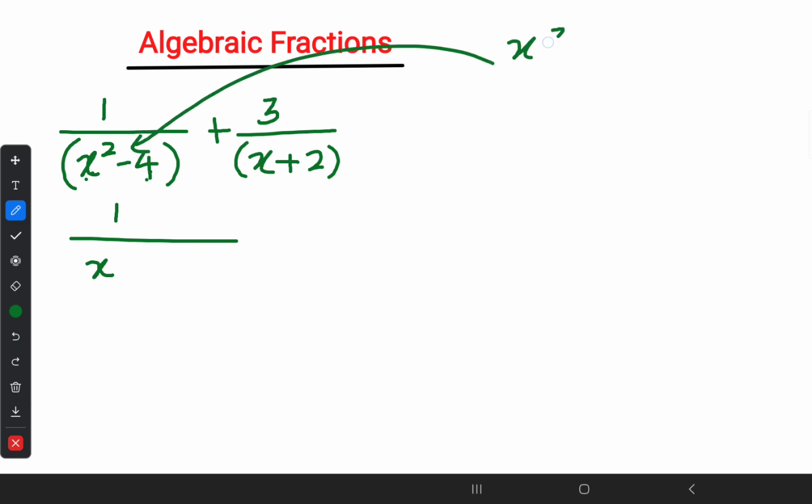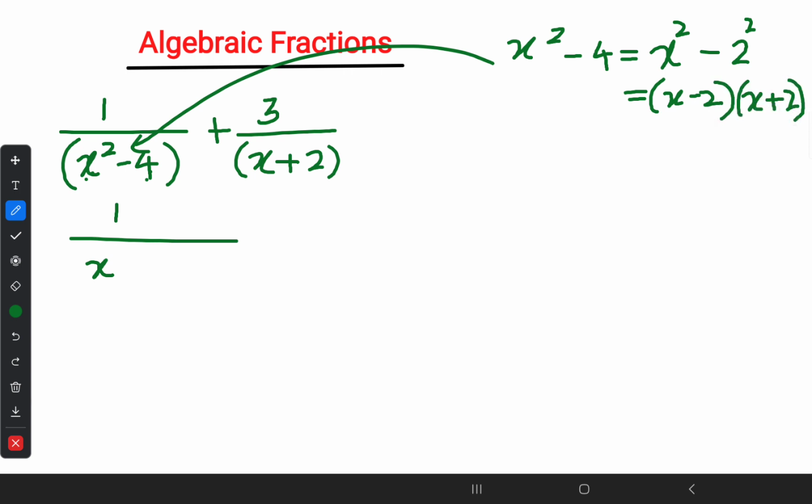x squared minus 4. We can write this one as x squared minus 2 squared. You can express 4 as 2 squared. Both are squares, and in between we have a minus sign. So you can do the factorization like this: x minus 2 times x plus 2. This would be the factorization of it. So I can write x minus 2 times x plus 2 in the denominator, plus here we have 3 over